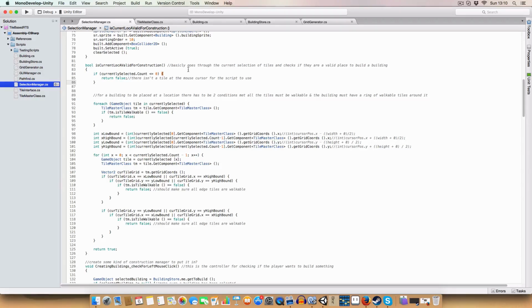Or maybe it's on a tile, but half the tiles are not on the grid, so it won't get any of the tiles. So basically, we get none. We say, it's not a valid location. But if we do have a selection of tiles, we'll go through each of the tiles and we're checking, are they walkable? If any of these tiles are not walkable, then we return false, saying this isn't a valid location. But if they are all walkable, then we get the lower bound of the x and y